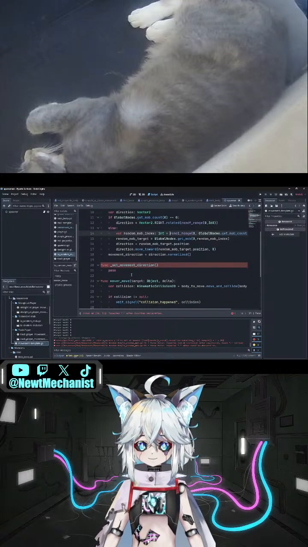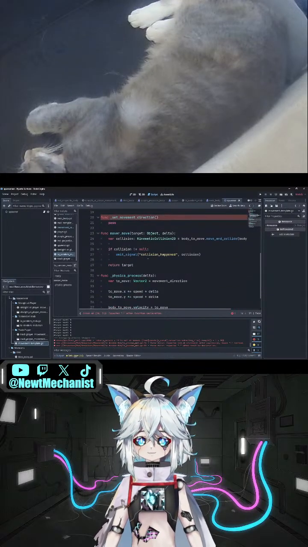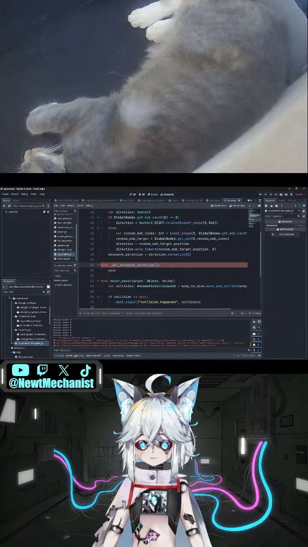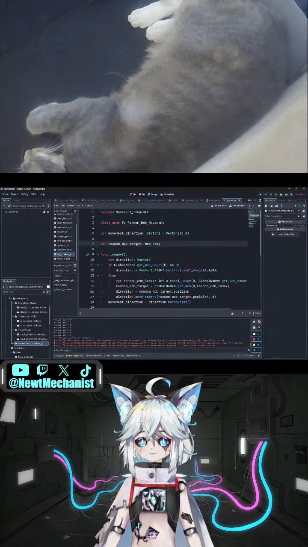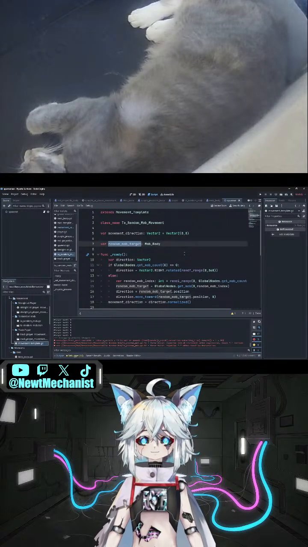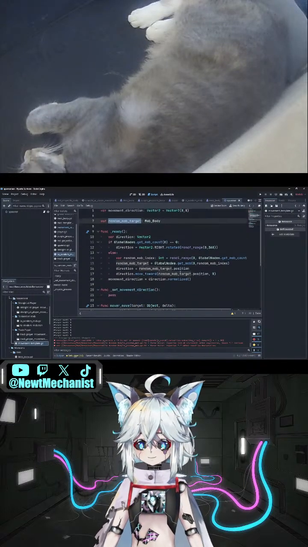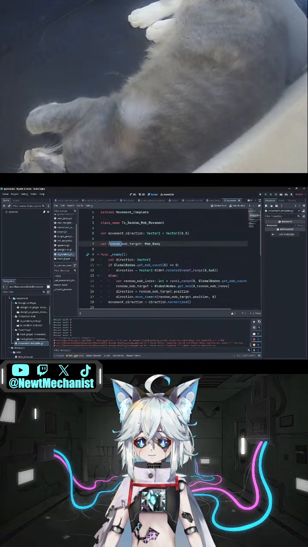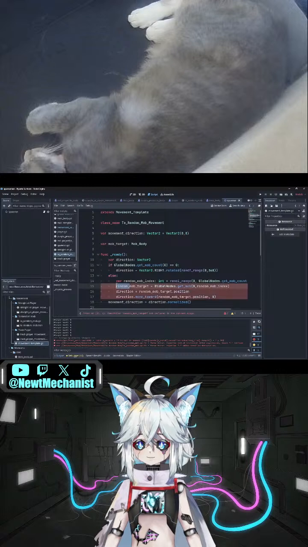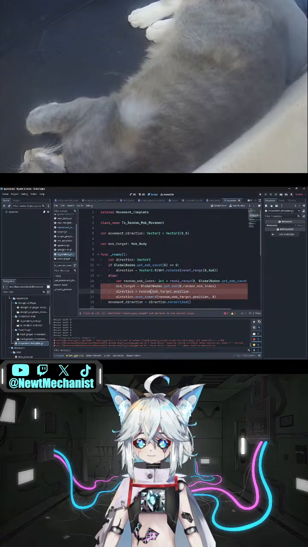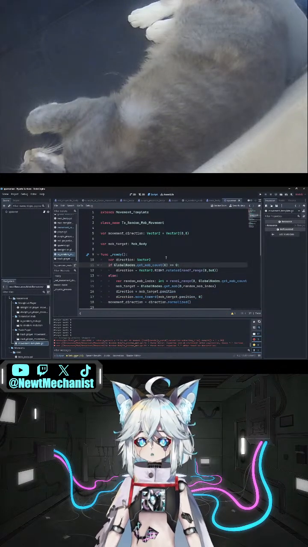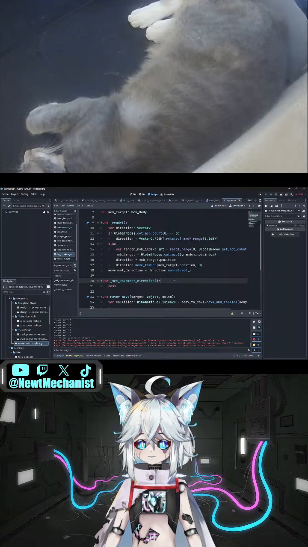Okay, so what it does is when move is initially called, we're going to see if mob target is currently null. Let's fix that. Okay, so if mob target is null,